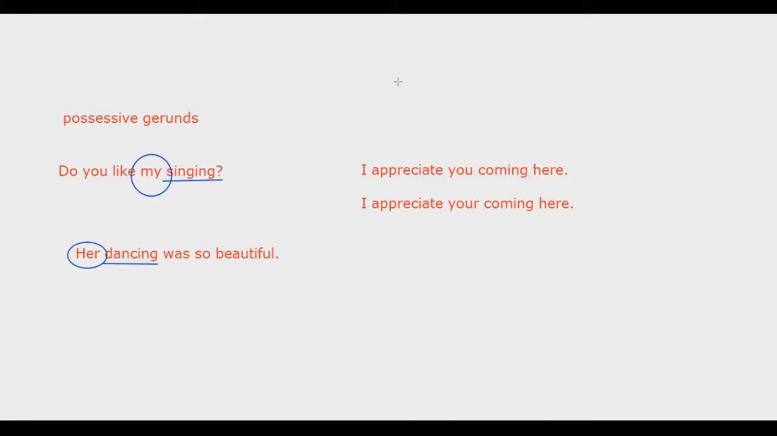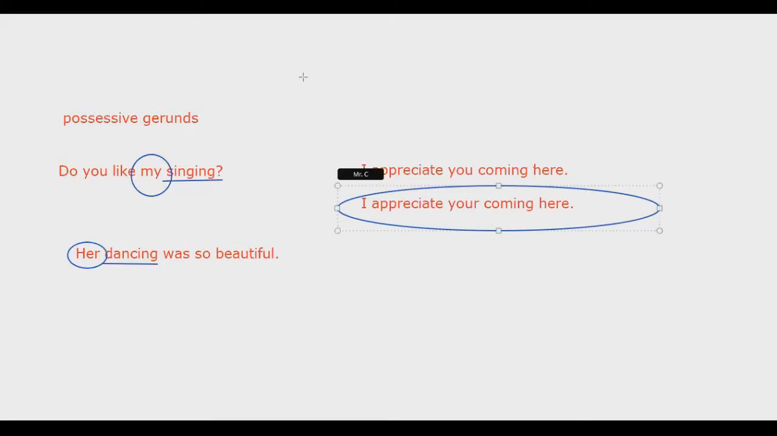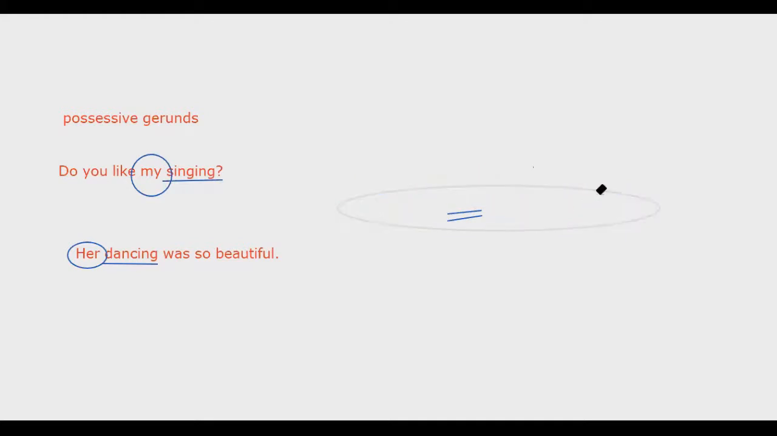That's part of it. But what I want to point out is that this is actually the more precise form to use, because when people say, I appreciate you coming here, they really mean I appreciate your coming here. I'm not appreciating you in this instance. I'm appreciating the fact that you came here. It's the action of coming here that I appreciate, not you. So that's the difference. Now, the first one isn't wrong, but again, it would mean I appreciate